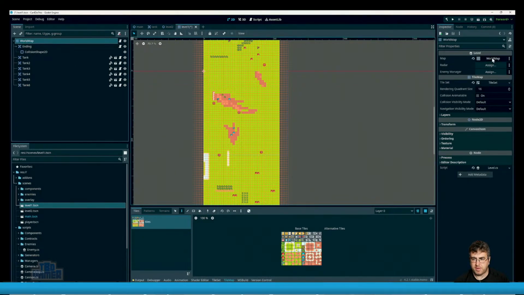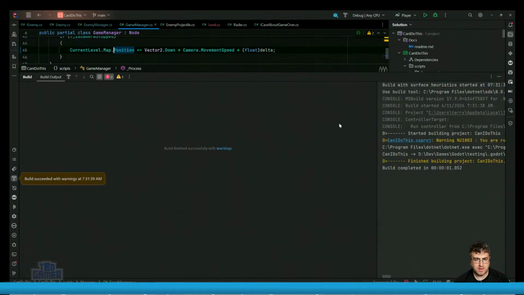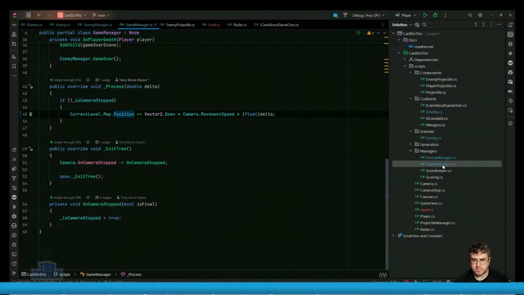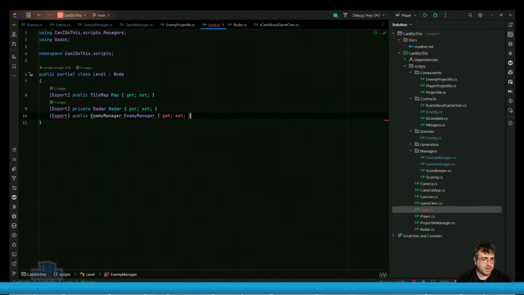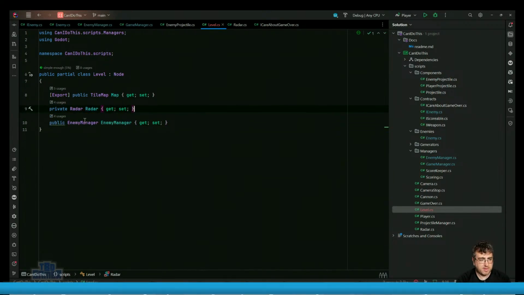That map happens to be that map, which is weird because now the level has... that seems to me some sort of weird circular reference. These will be assigned later. Level... I just want to make that public as well, I think. And that doesn't need to be exported. So I'm never going to assign that through there, because they're both going to be set by